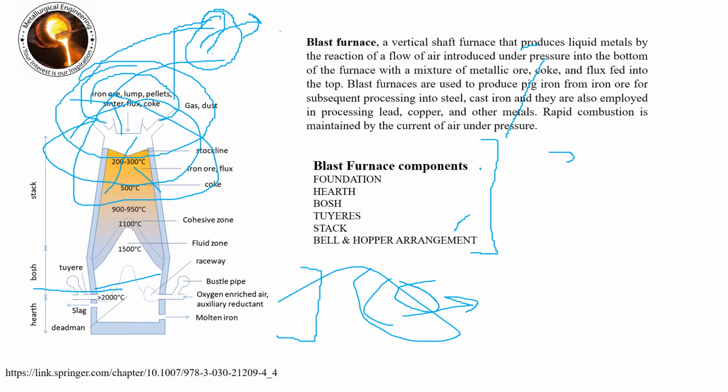Generally, we will see every time that the slag hole is above the molten iron hole. The reason is that the density of slag is lower than molten iron. When iron settles down, as its density is higher, slag stays above the molten iron and comes out. Due to the density difference, both are separated, one above the other. Okay, this concept is clear.